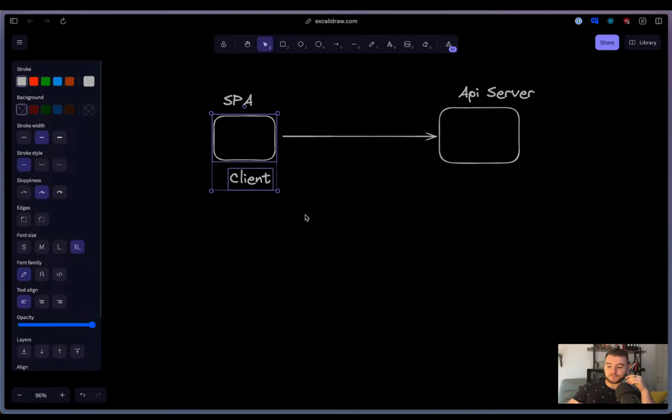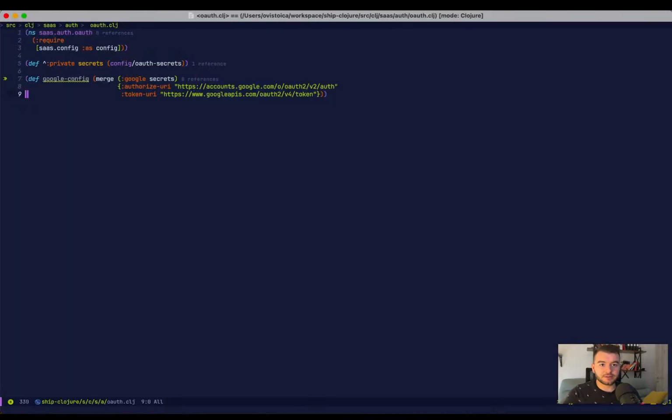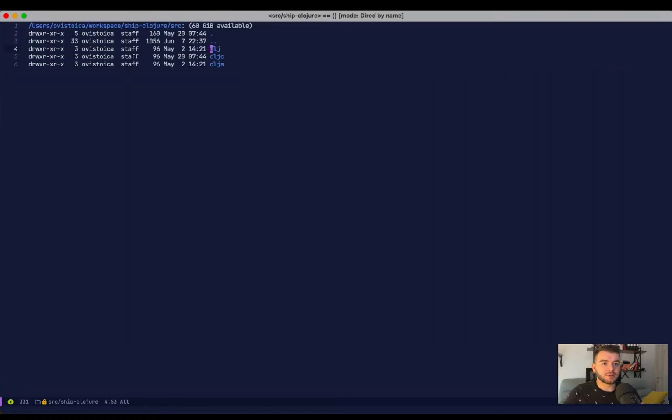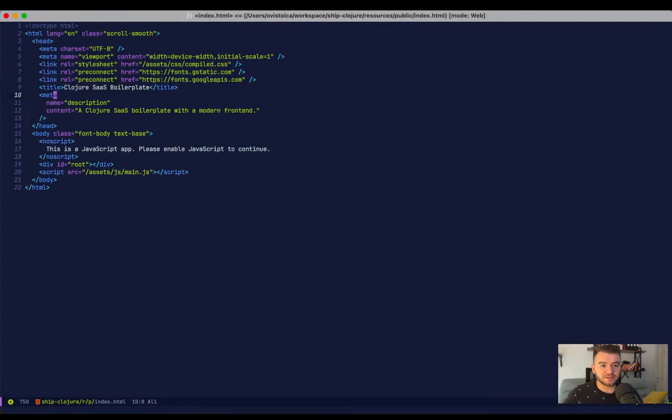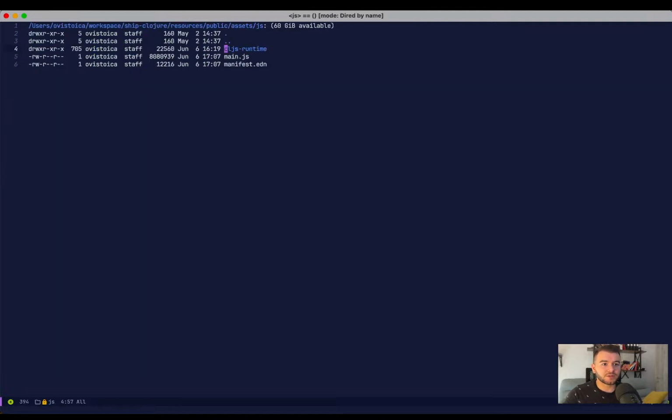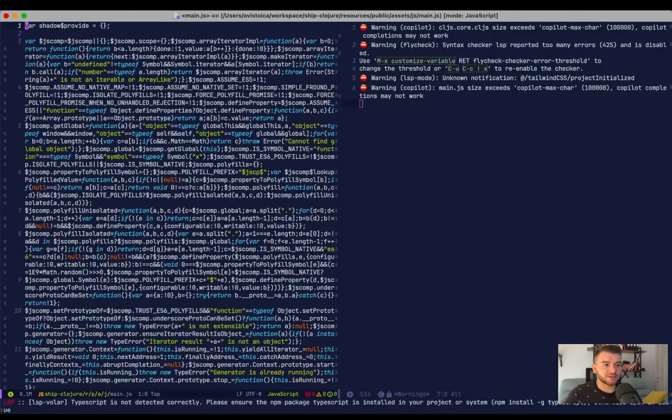But what I'm saying is, let's go here, and currently we have just a simple index.html, and this will take the main.js file, which is going to be here, and this is going to be like